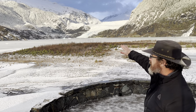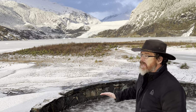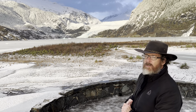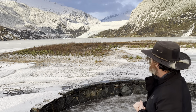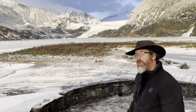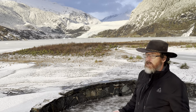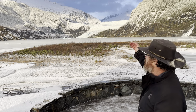the west side of the lake and touch the ice from that side. It's a tour that's run by an outfit called Above and Beyond, and I think it's Becky James that owns it. She's been doing it for years. The glacier has been moving back a long time since then. The last time I looked, I couldn't get quite to the ice because there's a lot of water in front